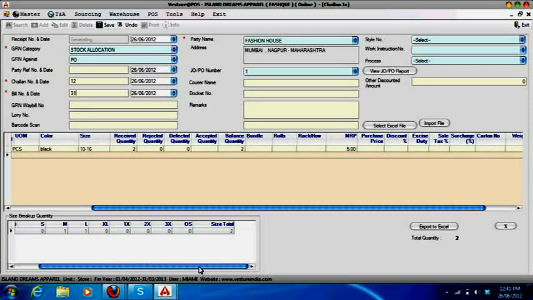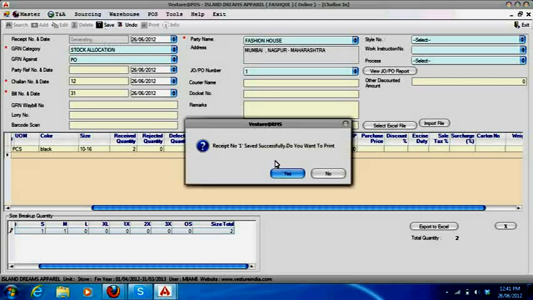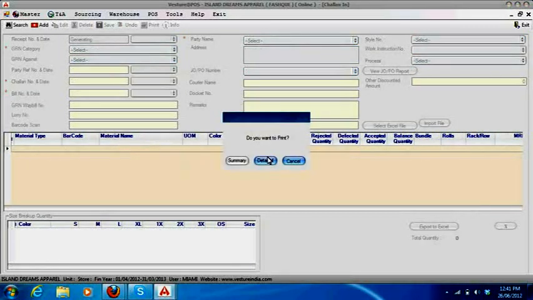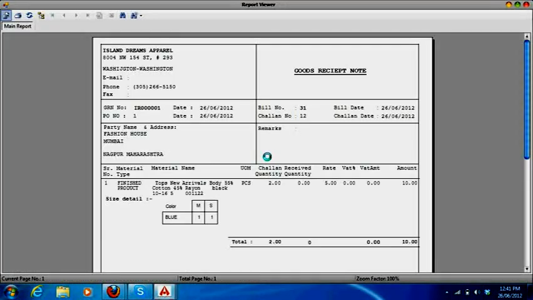We may even change this GRN in this field also. If we have reduced this one and increased one item over here, then this changes our GRN to the same 2 total, and just click on save to save this GRN. When it gets saved, it asks us if we want to print. To see the print of it, click on detailed over here.